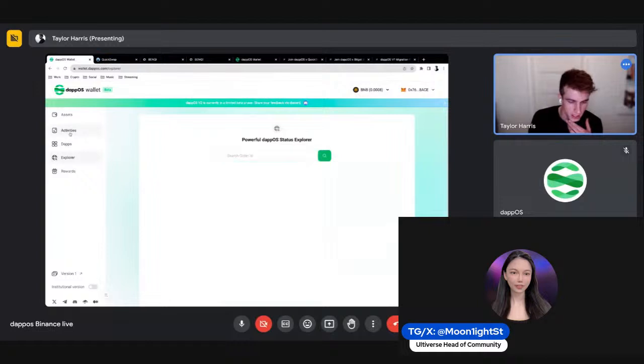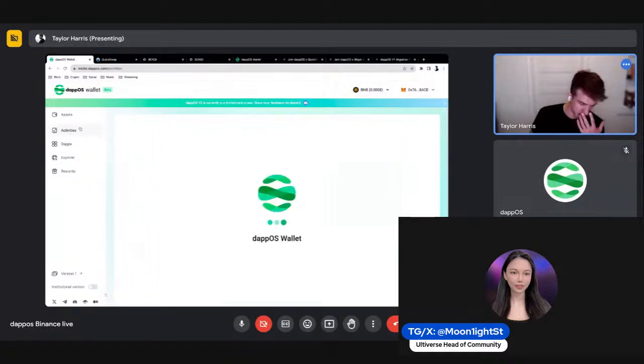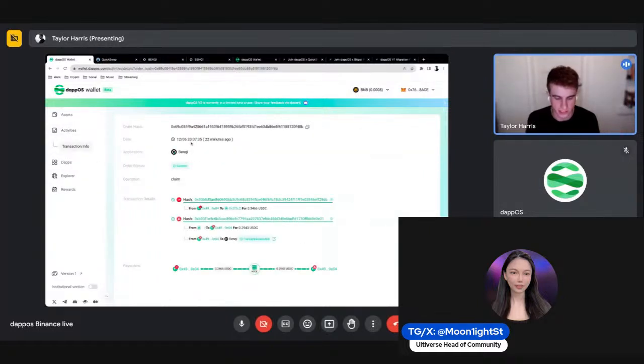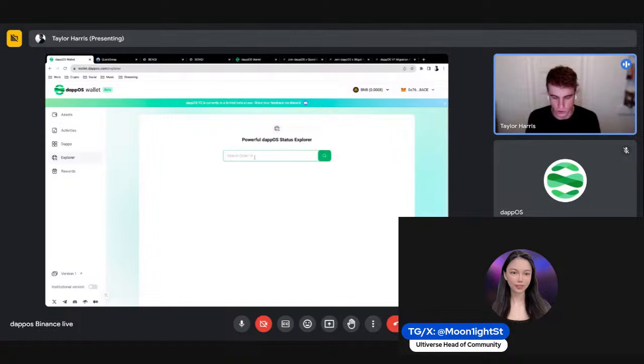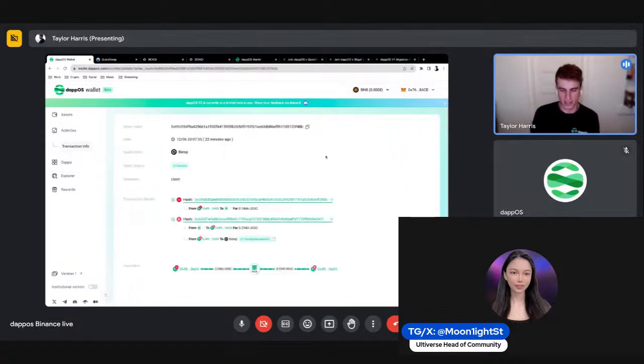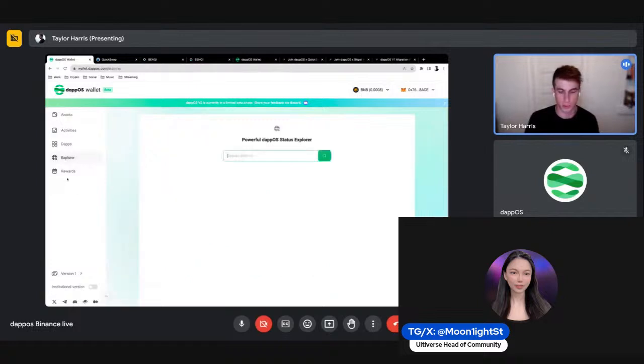Let's say I'm not only in dappOS, but anywhere. If I'm making a transaction anywhere, I want to know exactly what happened. So I'm just going to take this order hash, copy and paste it into our status explorer, and then it'll give you that same information. I just took one from the activity that's already being seen in dappOS, but if I'm doing anything else on any other website, any other web protocol, I'm able to use the dappOS Explore function to get that information.